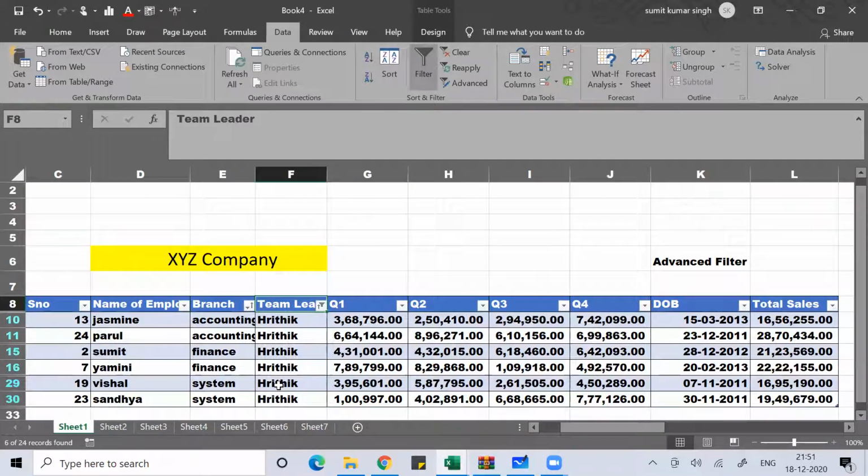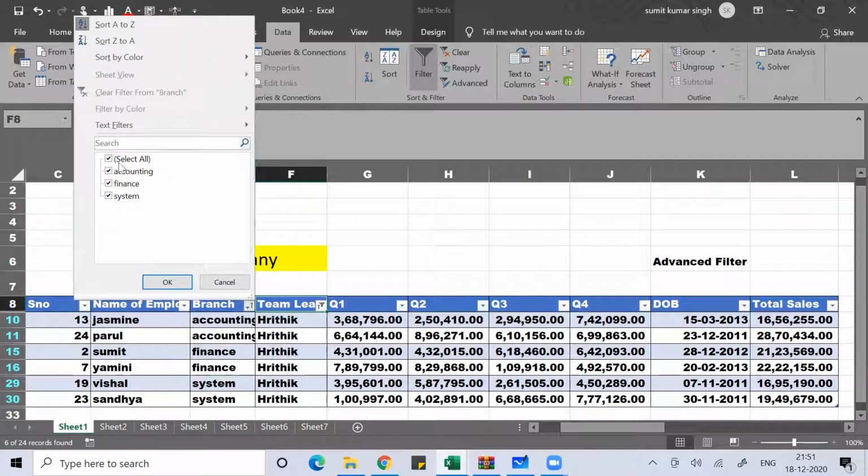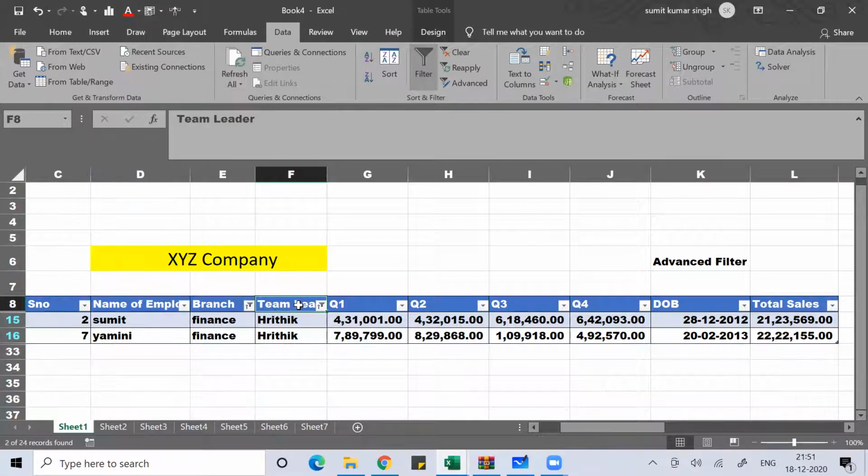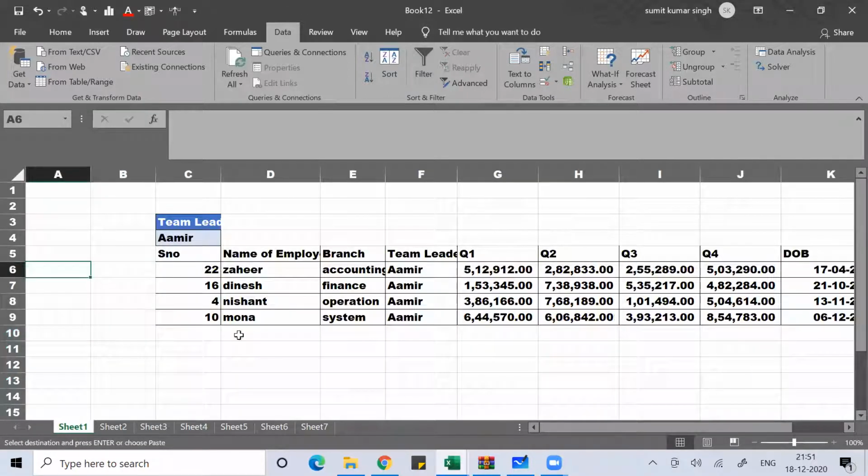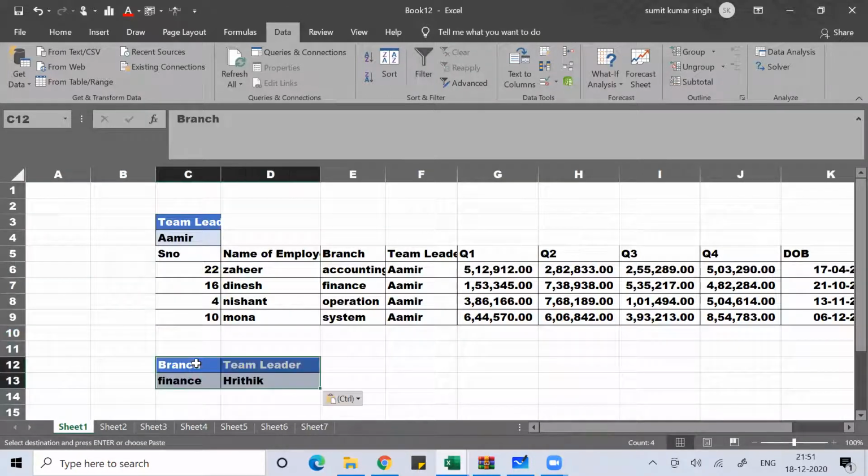So under Ritik, how many are doing finance jobs? Suppose I say finance, so I'm just selecting these two. Now I want them here.